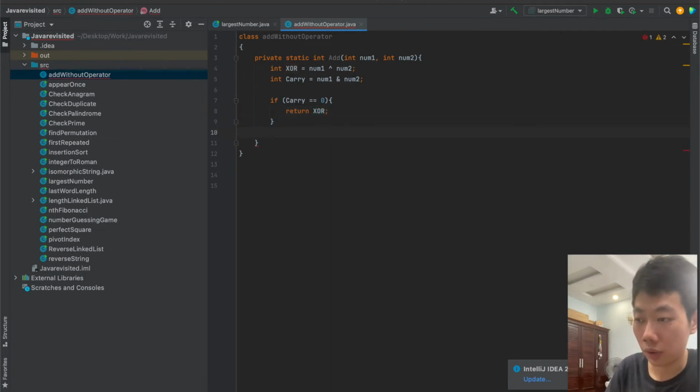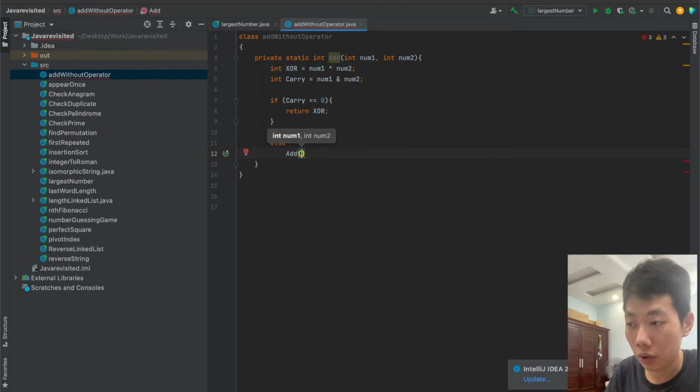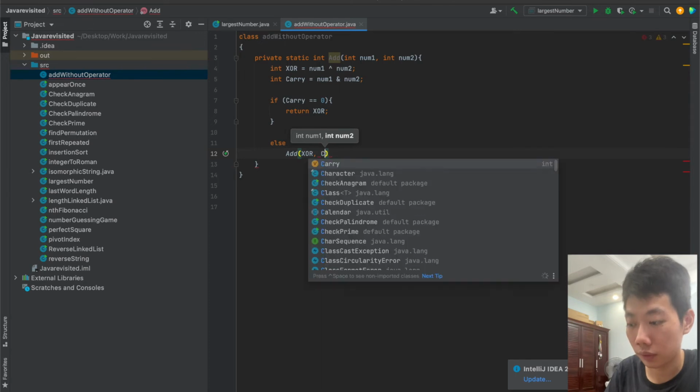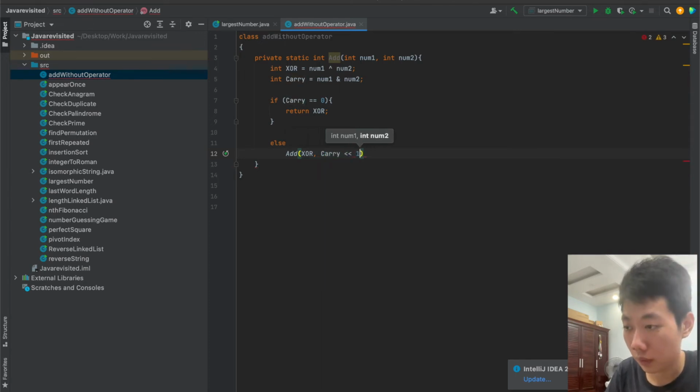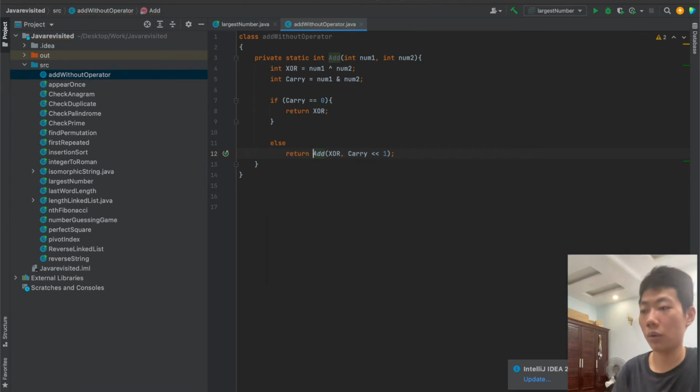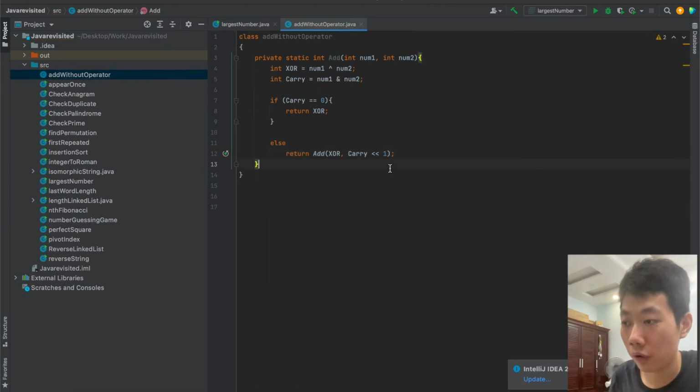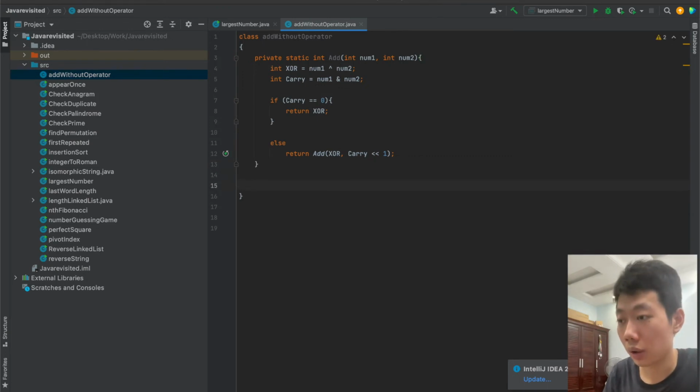Otherwise, we will call the function again, but we will left shift the carry by 1. We should return this function, right? Okay, and we finish the add function without using the plus operator, and here we will